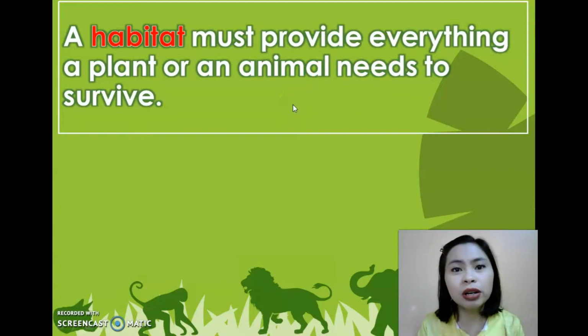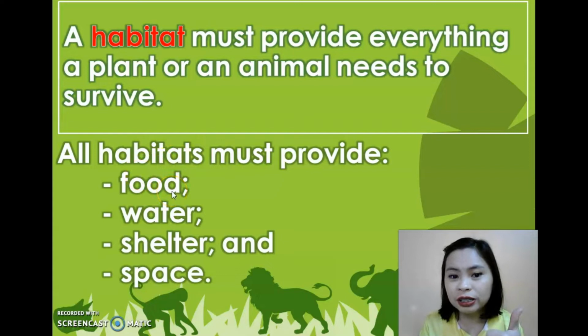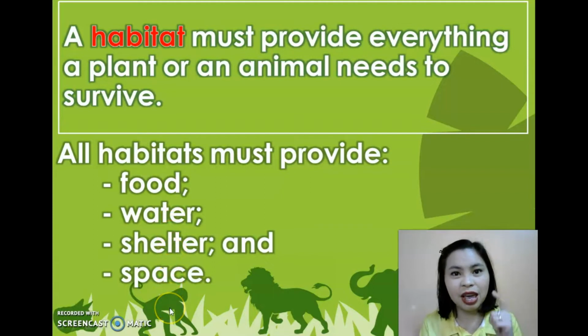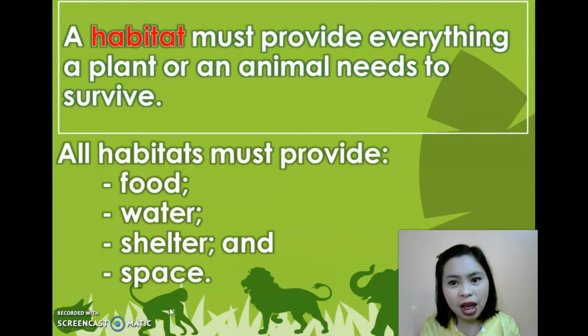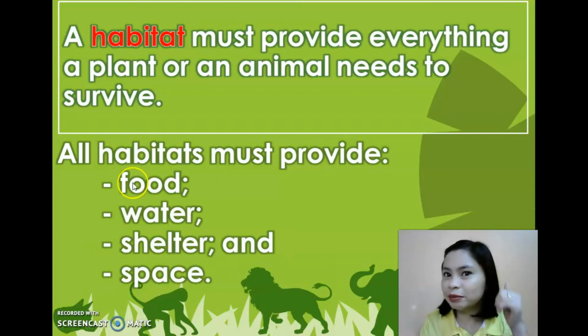So in order to survive, all habitats must provide one: food, water, shelter, and space. Okay, again, in order to survive, living organisms in a habitat must have one,